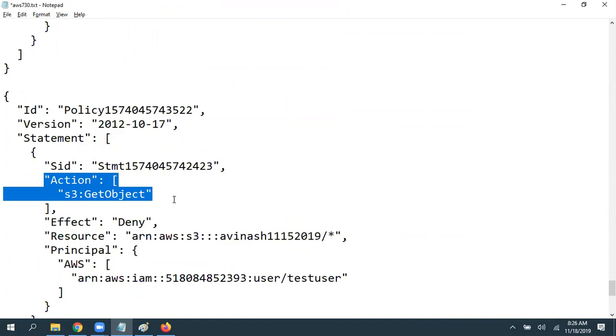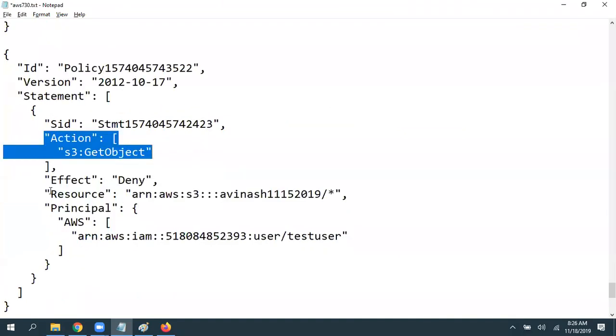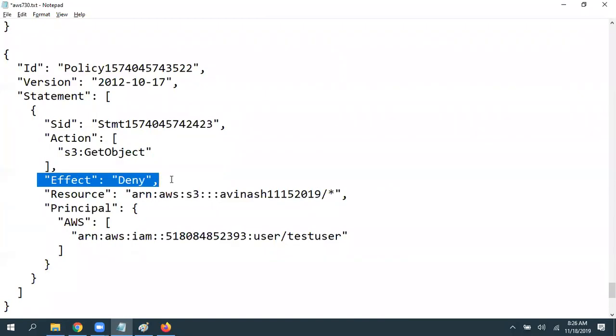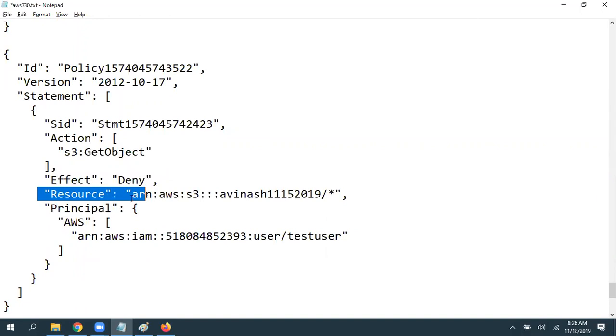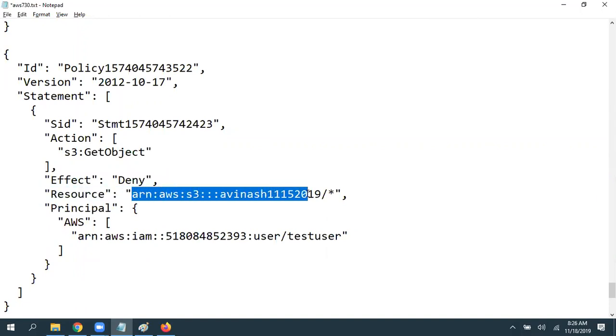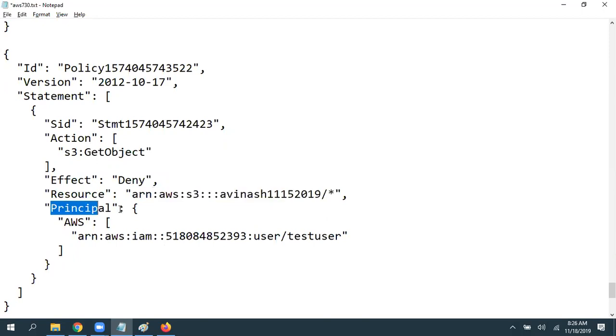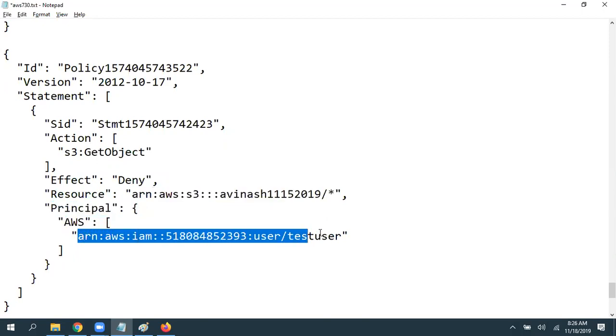Again, what you are allowing or denying, you will get from the effect. Effect is deny. Then on what resource are you applying this? On an S3 bucket called this particular bucket. Then to what user? I am going to select an IAM user.